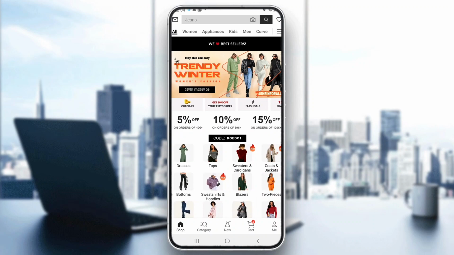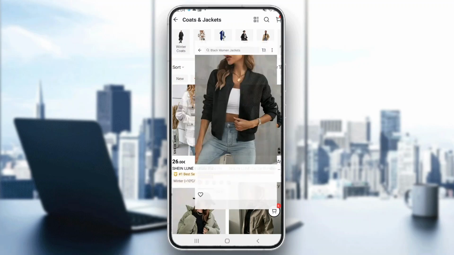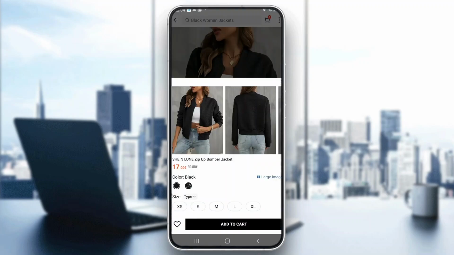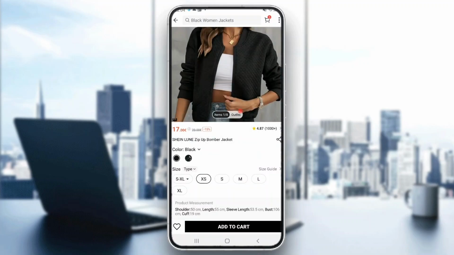So guys, now let's see how to use the gift card to lower our price when purchasing items. The first thing we have to do is find the item that we want to purchase. So go ahead and find any item that you want to buy. Go ahead and select it. After selecting it, this is now going to open up the item, and you want to click on add to cart. Select what size you want and click add to cart, and now it's successfully added to your cart